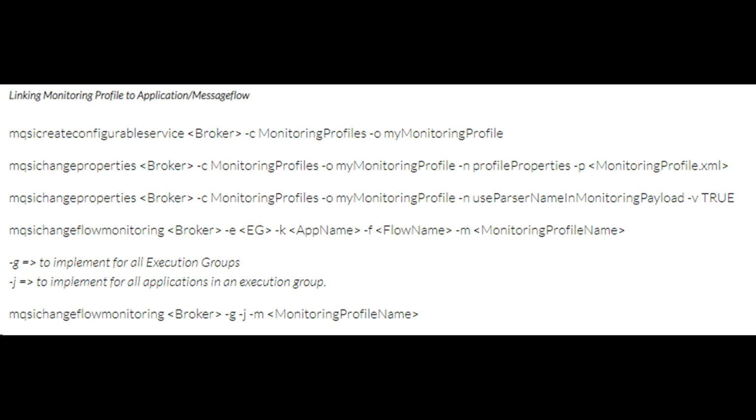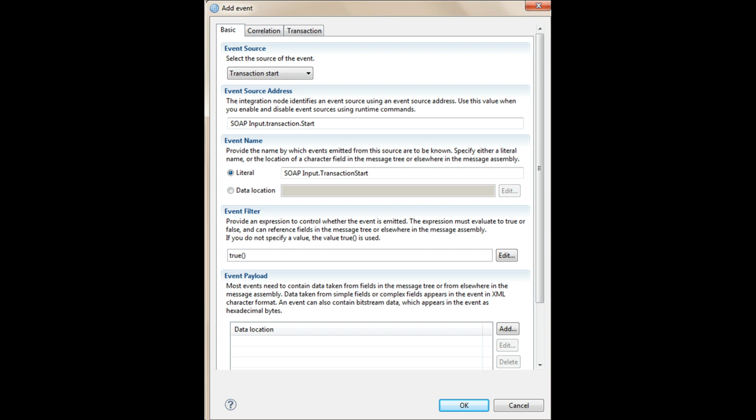But if it is too difficult for you to create the XML file and attach it to every flow, what you can do is use the toolkit and go to the properties section of the node, and there's a tab called monitoring. There you can add events and capture the data that you want.